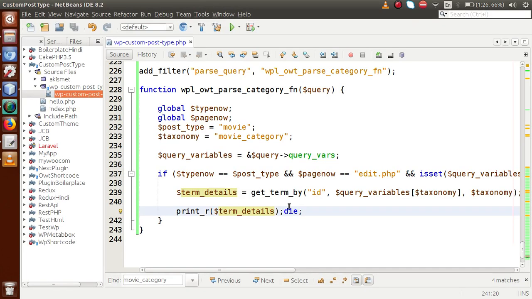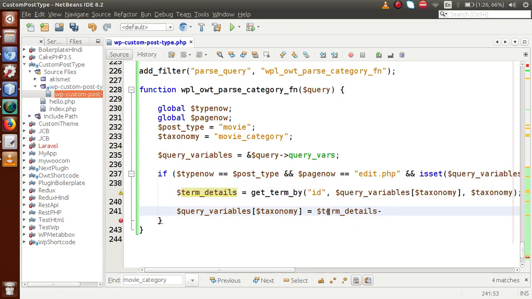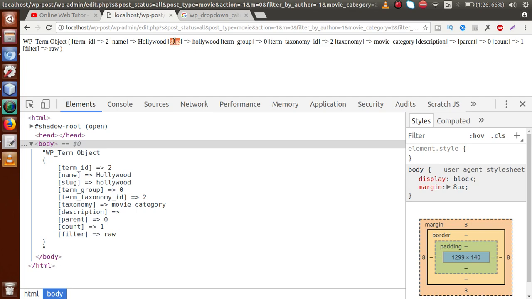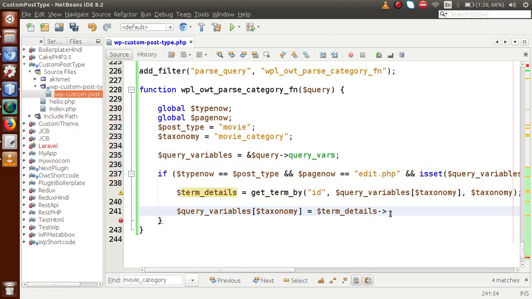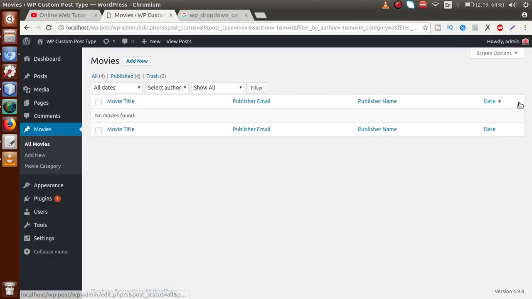Next, go to the editor. I'm going to copy the query variable taxonomy. Inside this variable, it returns the value. So inside this variable we need to store the term details and the slug value of that. This is the slug that we are getting. Just copy that and pass the slug inside this variable. After passing that, if we go to the browser and refresh this page,